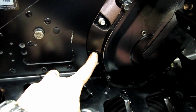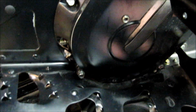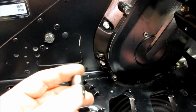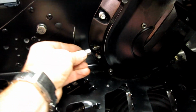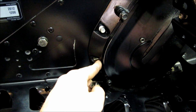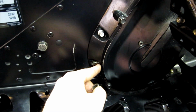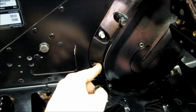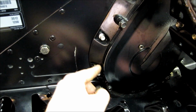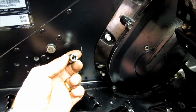It's good when you're all done to pull that out because it still has a magnet on the end that can pick up filings. The easiest way to take that out without crunching it all to heck is get a 9/32 square drive. See that? It just goes on perfectly, and you can loosen it. Now it's a pipe thread, so as it gets tight, the thread diameter pitch changes a tiny bit as you get it in, so it will snug up pretty easily. It won't bottom out. You'll feel it snug up,